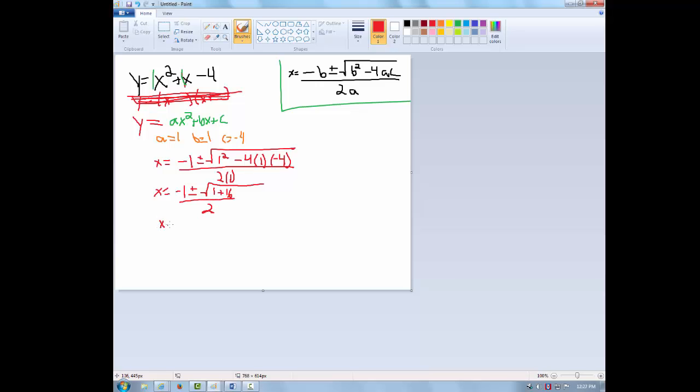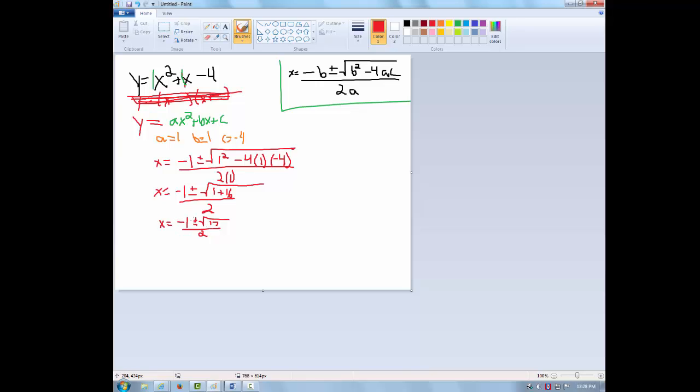So now we just keep simplifying, and so we get -1 plus or minus radical 17 over 2. And since radical 17 cannot be reduced at all because 17 is a prime number and it's not a perfect square,